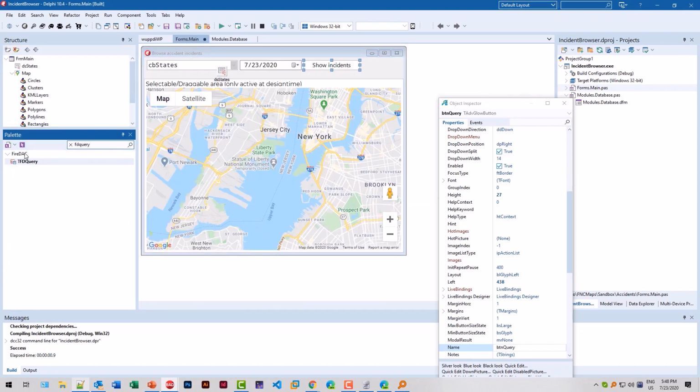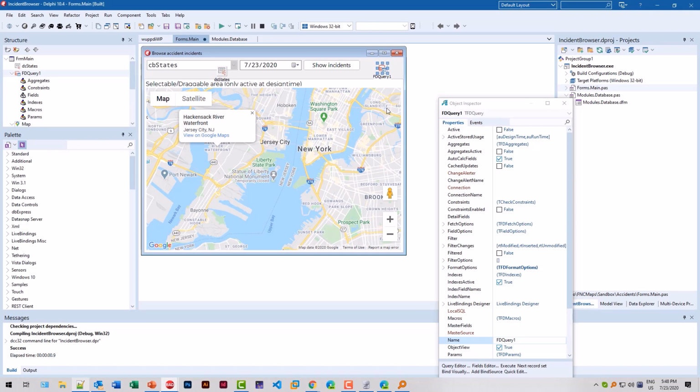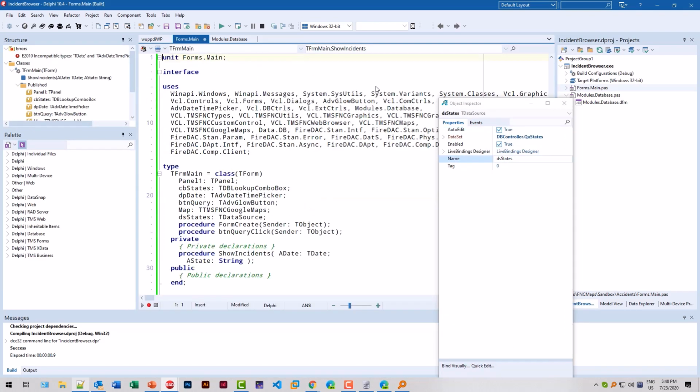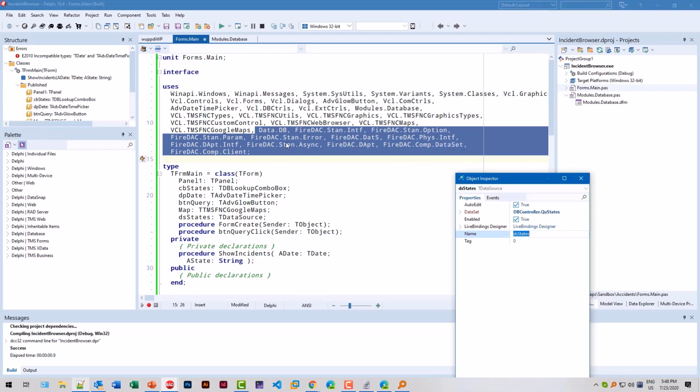If you don't know what you need to add, it's pretty simple. You drop it on the form like this. You save the form and you remove the component again, because that way all the stuff has been added to your users class that you actually need from here. So those are all the units that you needed to add,